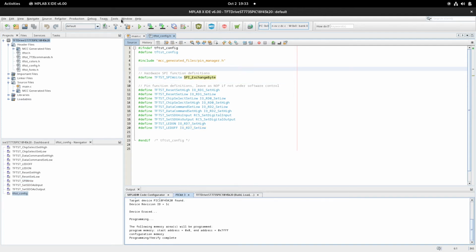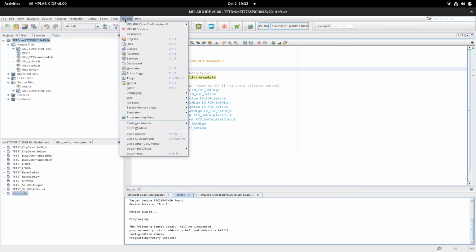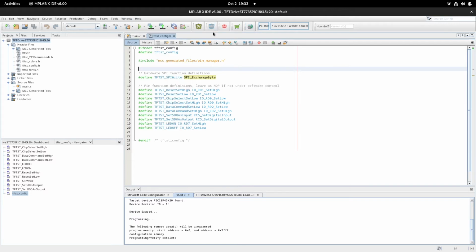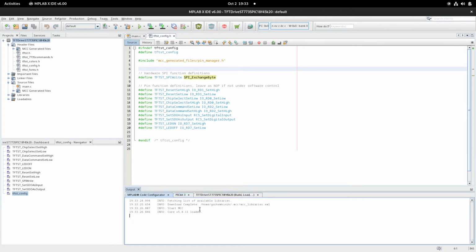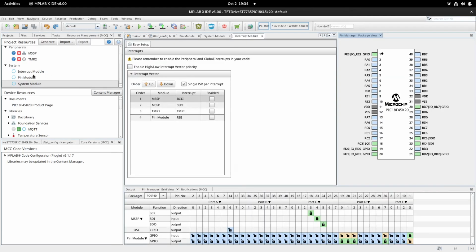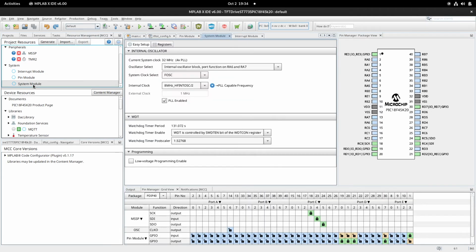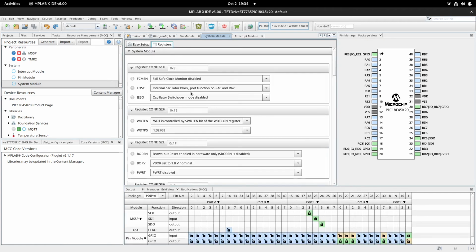using the code configurator. So we just need to go to the Window menu and then MPLAB Code Configurator. Just open it. I guess it's coming up, takes its sweet time. And we are interested in a couple of modules. One of them is the System module. You click on the module name and then you see all the easy setup details. And if you can't see what you want to do here, you can just go to registers, and with the help of the data sheet,